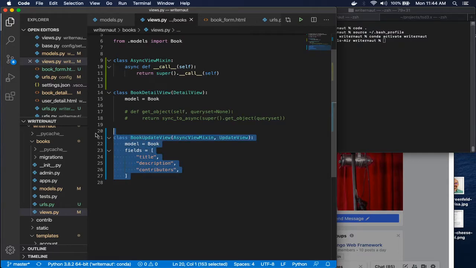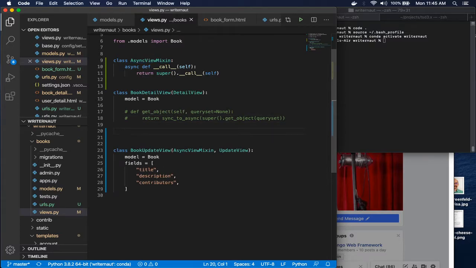Now, one of the things I started to work on also was the book update view, and this right here signifies that it's an asynchronous view. And this update view is blowing up, and I'm not sure why. I have some ideas, but what is probably happening is that the methods inside the update views in Django are just not really designed to handle being called asynchronously. What this tells me is that, at least for right now, and we'll see how asynchronous views build in Django, if you want to write asynchronous views, it's probably good to have